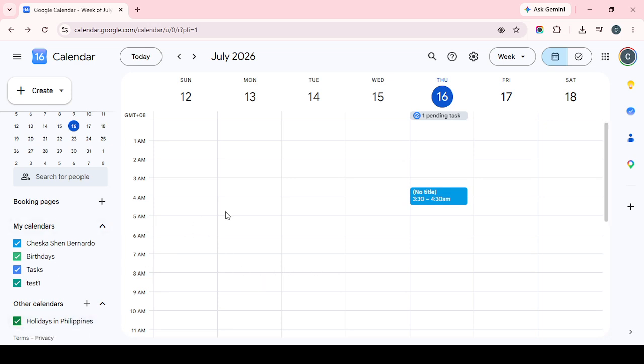Time blocking this way also makes your schedule feel more intentional. Rather than reacting to the day as it happens, you're creating structure ahead of time. That structure can improve focus, reduce distractions,